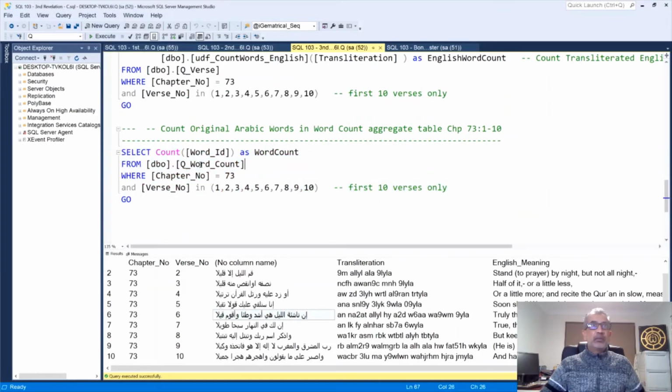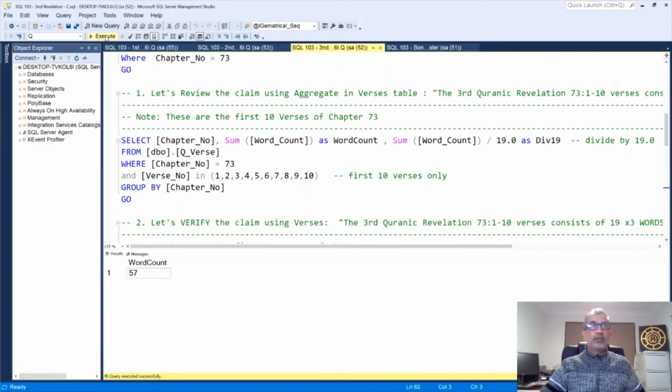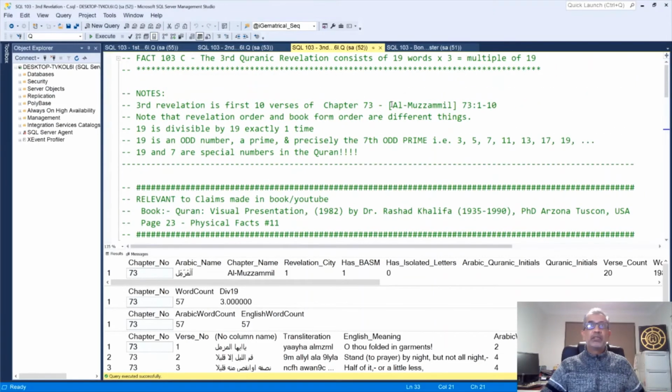This time we're going to limit again to chapter 73 verses 1 to 10, but we will count the words in the word count table. And guess what, we get 57. So if I run it all together, you can see 57 just jumping up at us, which is basically 3 times 19.